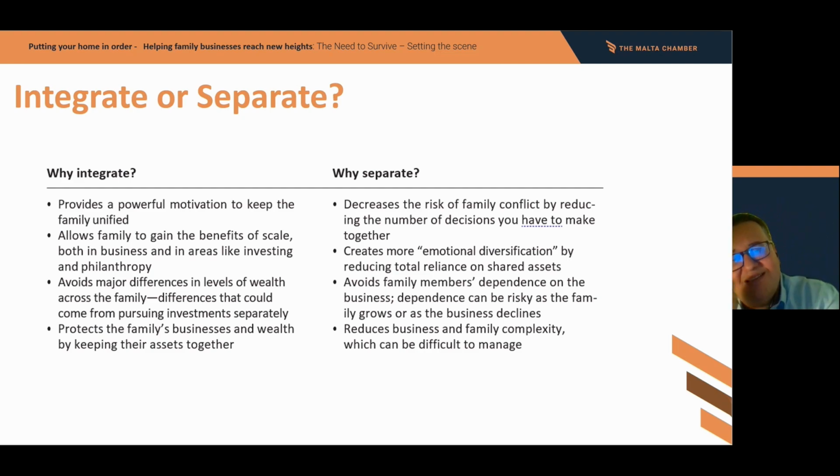On the other hand, those that decide to implement a separate, an exclusive model, are afraid that with the inclusive model, you increase the risk of family conflict. Why? Because obviously under the inclusive model, you have more people that need to be involved in a decision, which means that there is more room for conflict to arise because you have to convince more people, you have to persuade more people. Family members have different priorities, different ideas, different agendas. And so the possibility of conflict